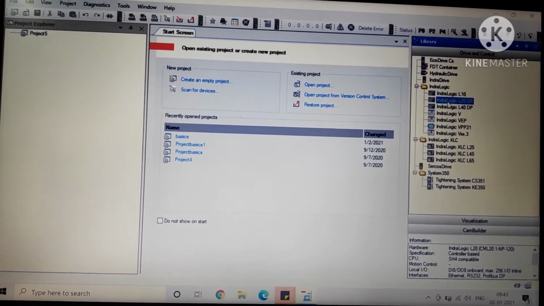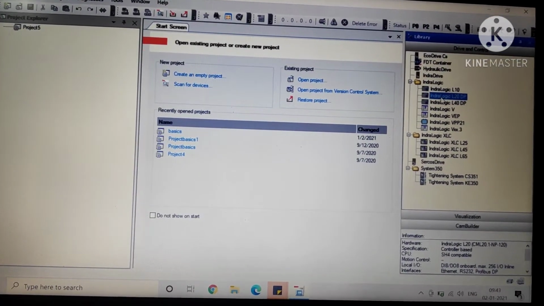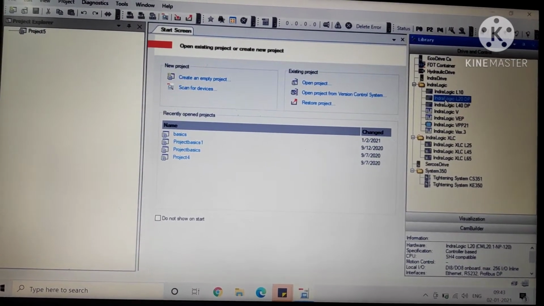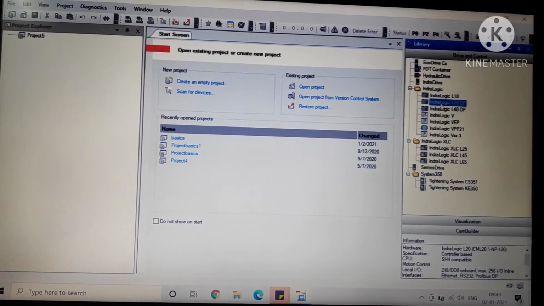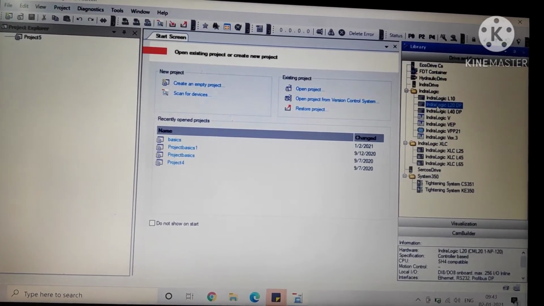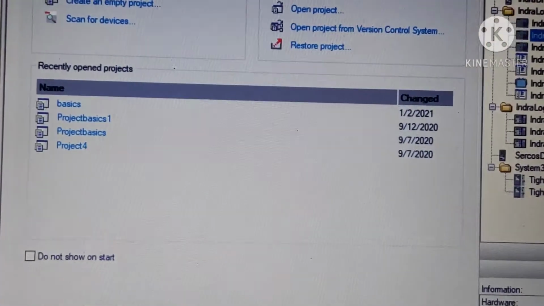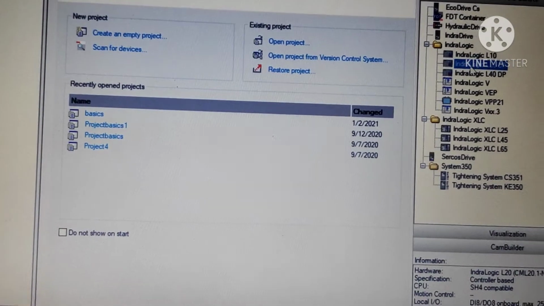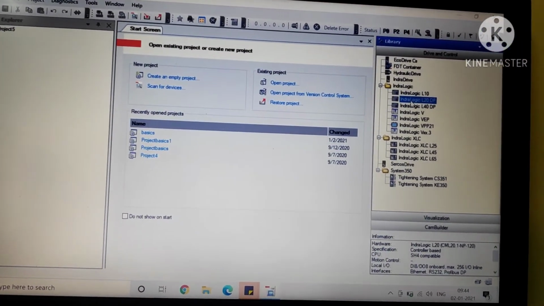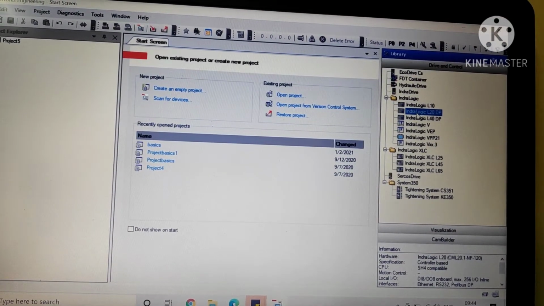Not only for that, there are n number of PLCs existing, and each PLC has differences based on its technical specifications. If I zoom in here, you can see IndraLogic L20DP PLC, which is in our campus.